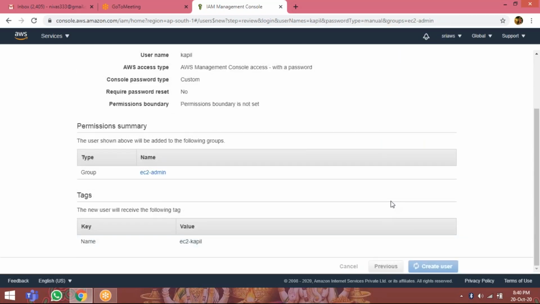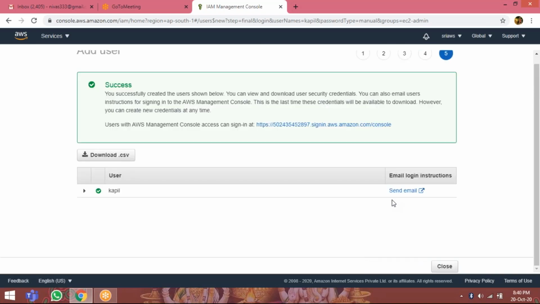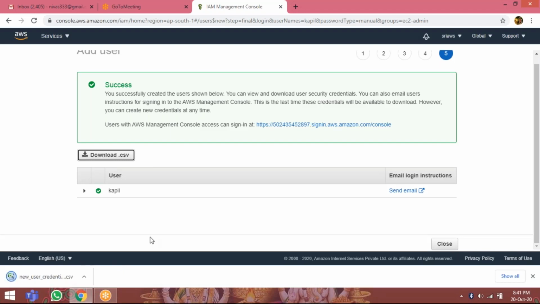Create user. Now download this file, otherwise you cannot log in. Download the .csv file. So this is downloaded. So click on close.